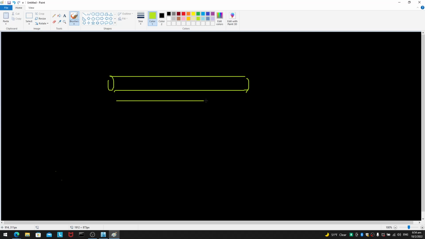I'm drawing a very simple shell and tube heat exchanger, counter current. So I have a tube on the outside, single pass, single pipe. Okay, so you have a shell and a tube here. Alright, let's say ambient temperature is 25 degrees C,